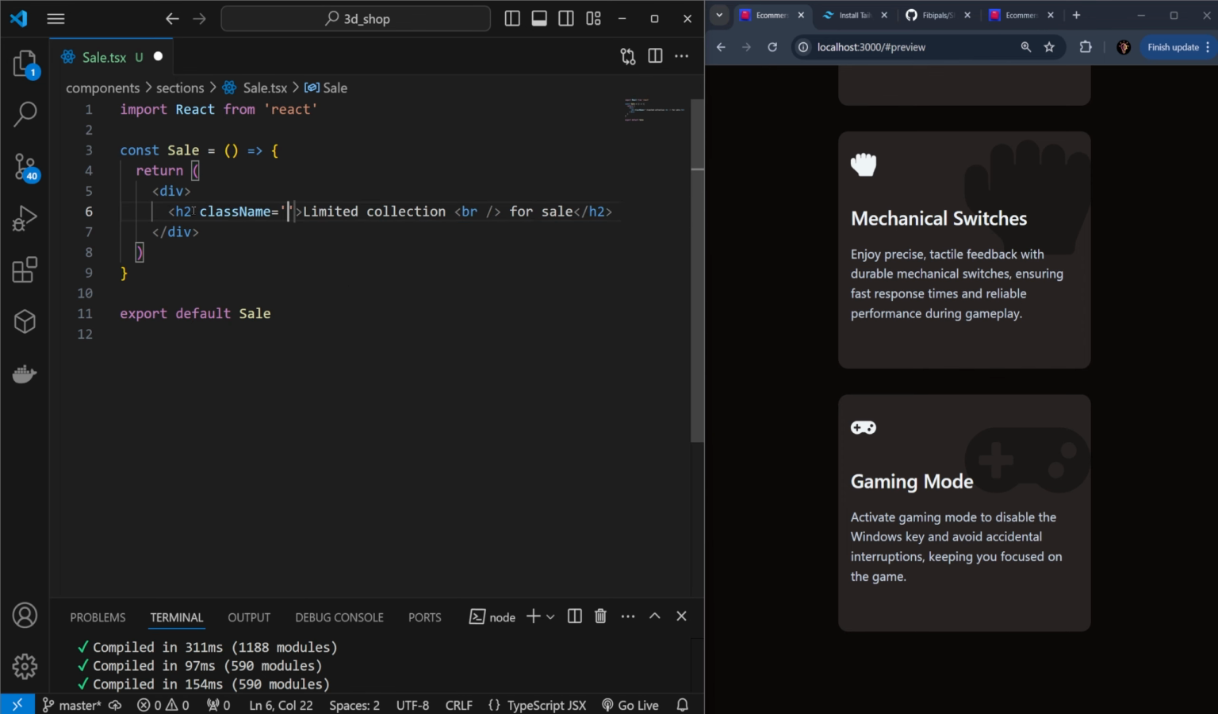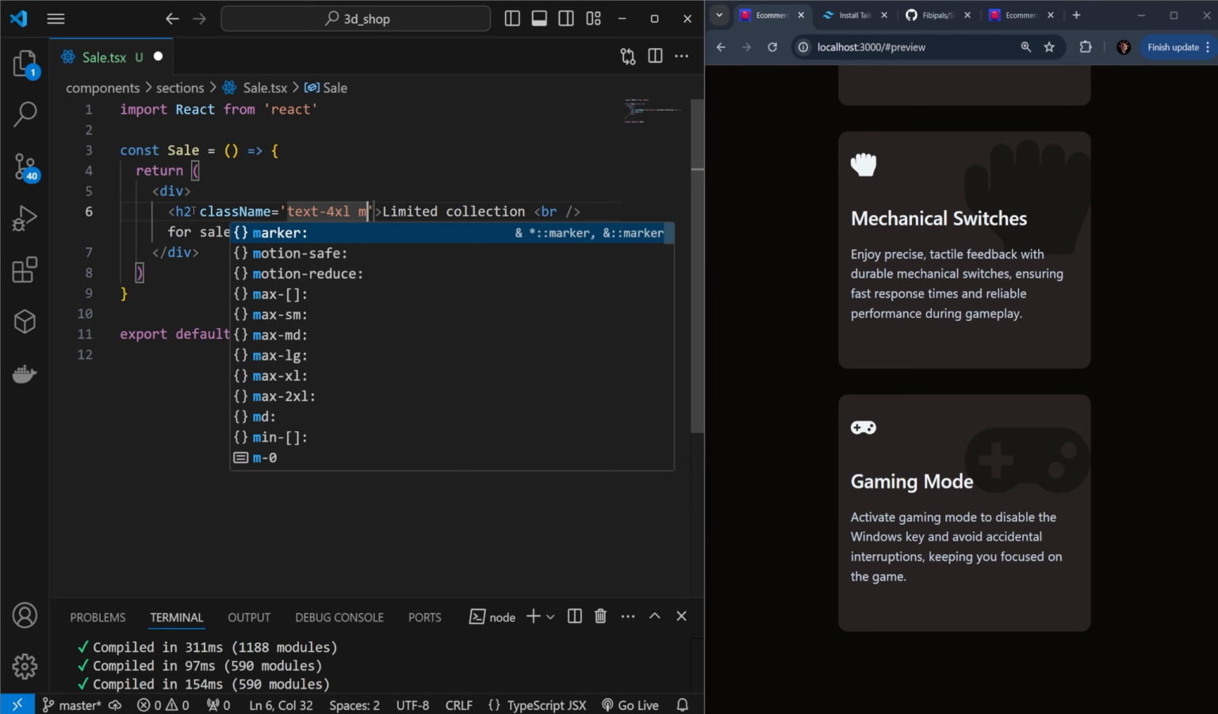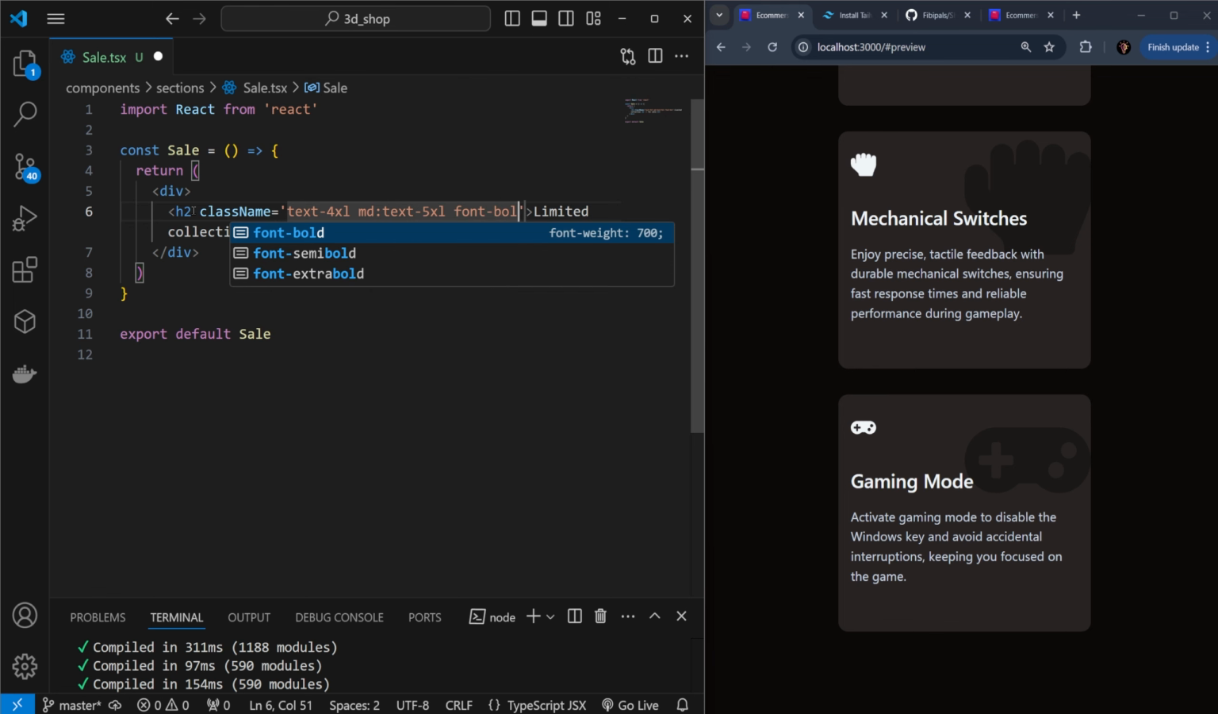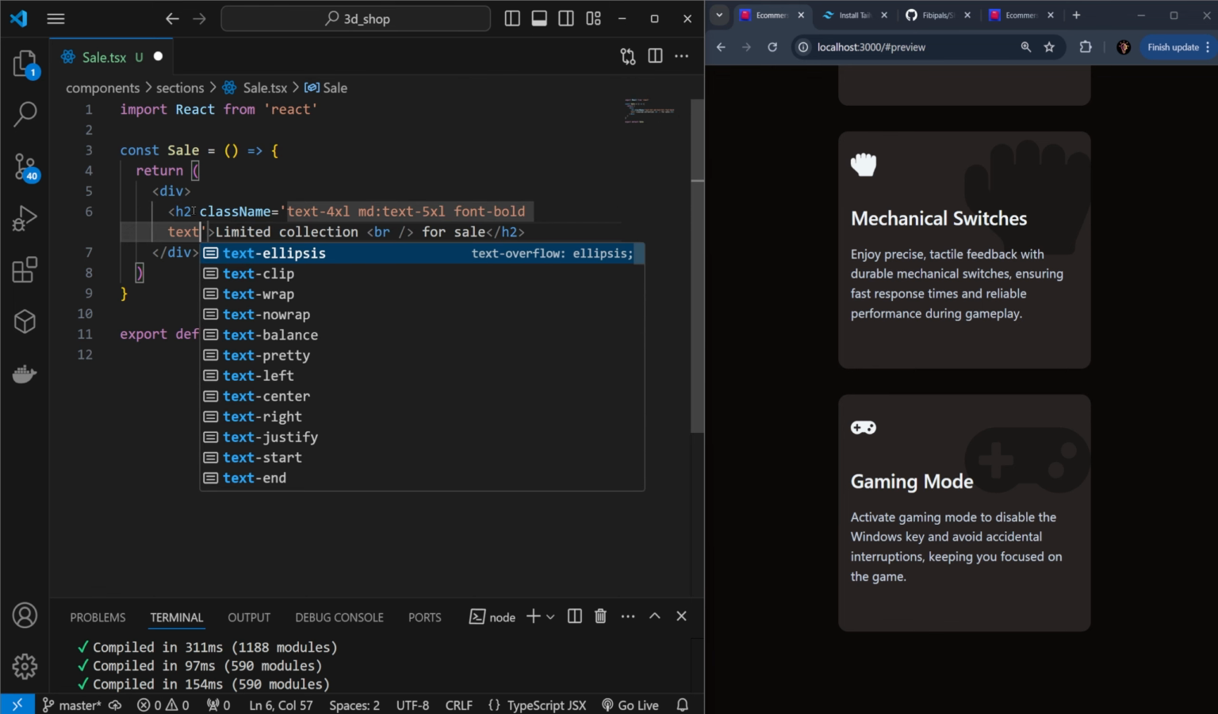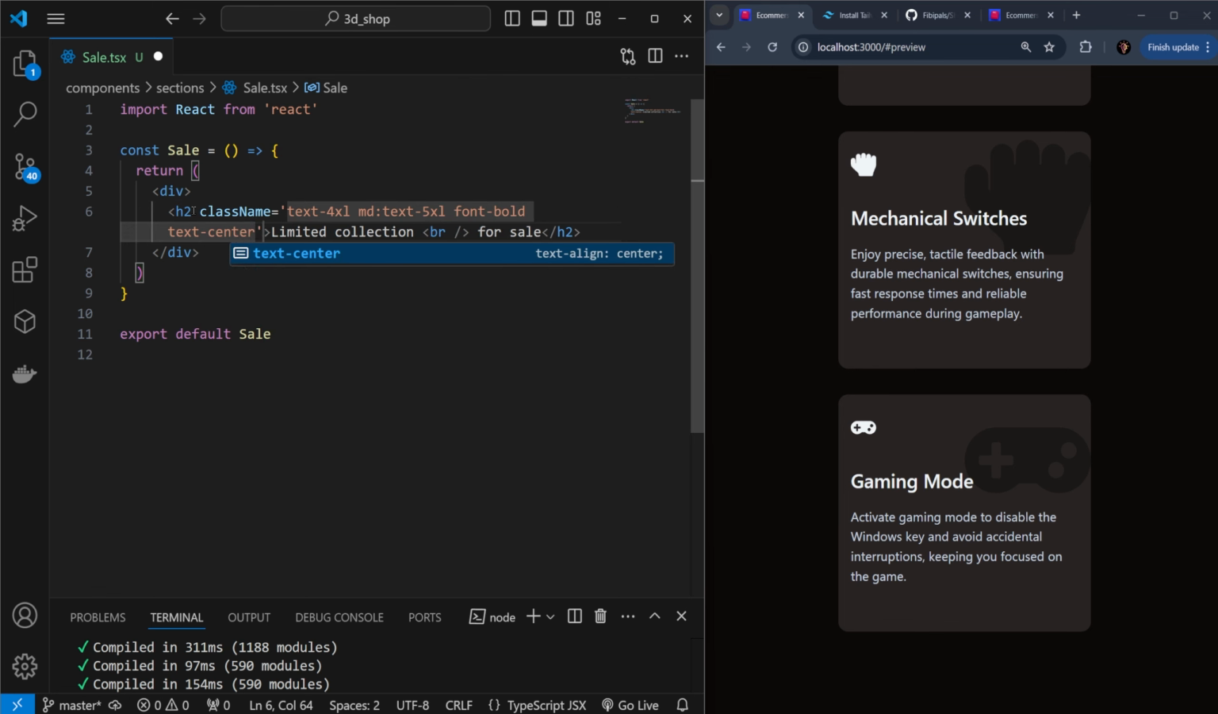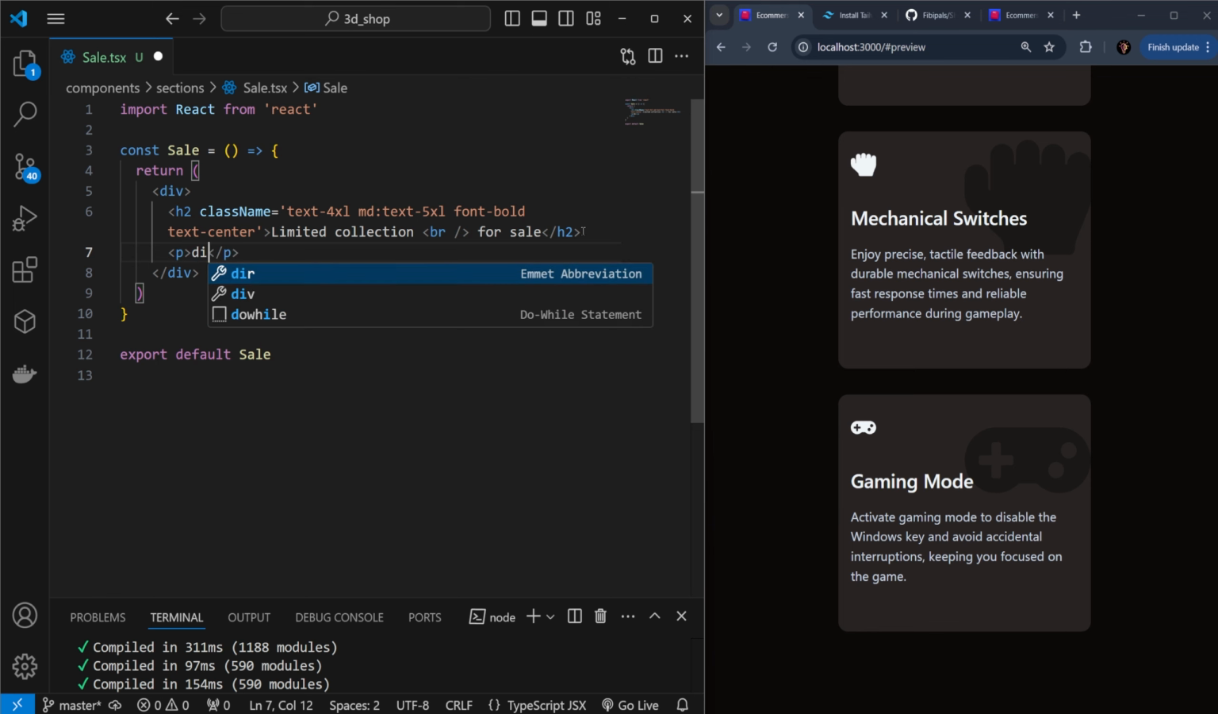Then let's add a class name to it, equal to text 4XL. In medium screen, we want text 5XL. Then font set to bold and text center. After this, we need to create a p tag. And inside, let's write discounts up to 30%. Also, let's add a class name to it, equal to